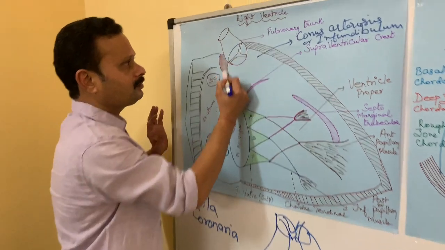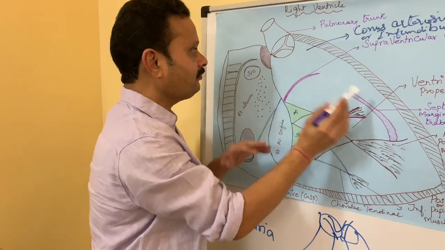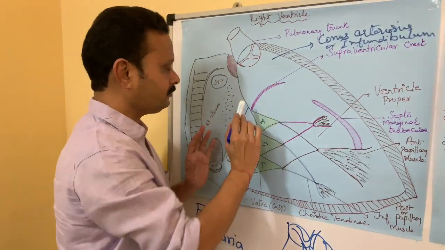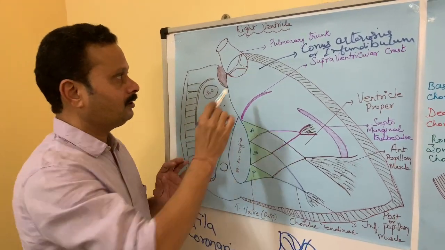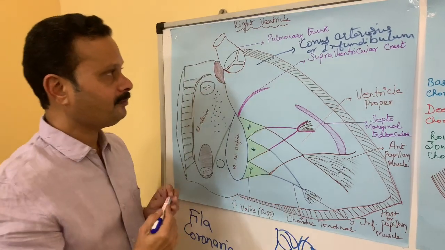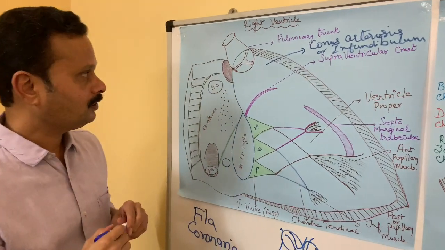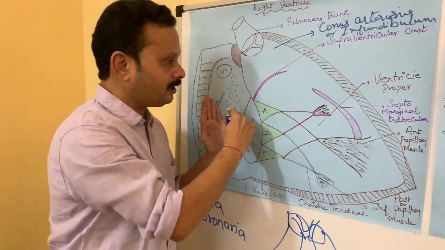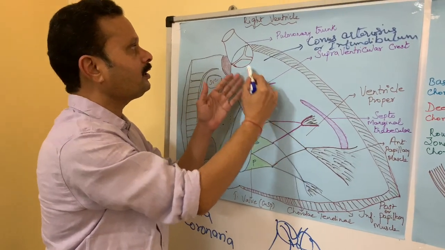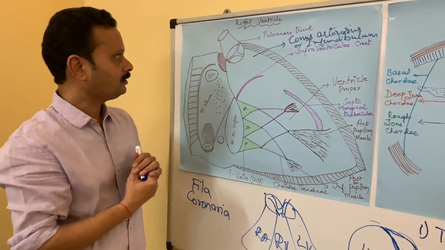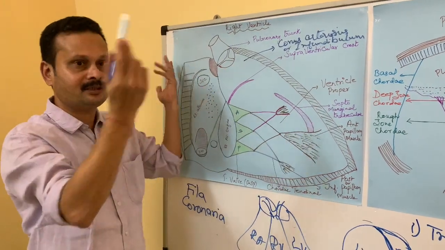Now coming to the description of the outflow tract, it is situated in front, above and to the left of the right atrium. It is smooth walled and truncated. It is also called conus arteriosus or infundibulum. The blood from the right atrium enters the right ventricle and is then pumped through the smooth wall into the pulmonary trunk, and from the pulmonary trunk by the pulmonary arteries into the lungs.